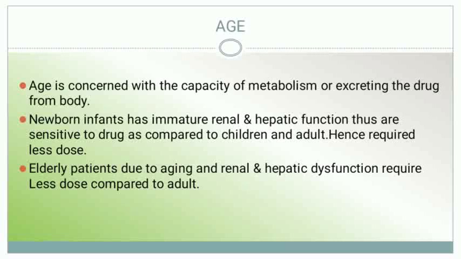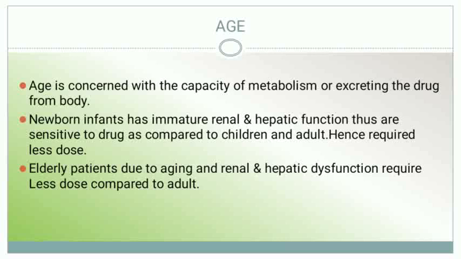Thus, they are much more sensitive to drugs as compared to children and adults, and therefore they require less dose. Whereas elderly patients, due to aging and renal and hepatic dysfunction, may require less dose